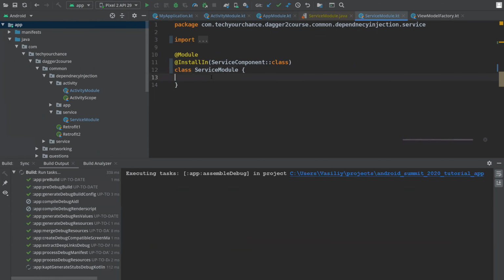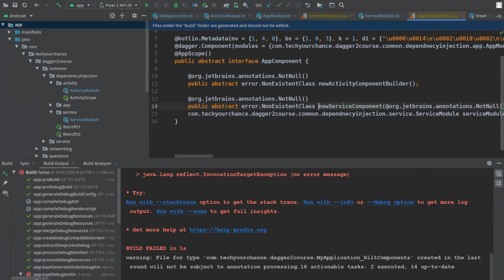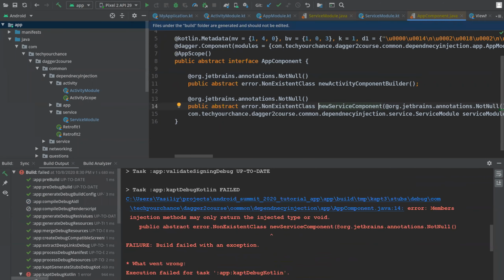So I can just remove all of that. Okay, let's see whether it compiles. No. Members injection method may only return injected type or void, non-existent new service component. Okay,